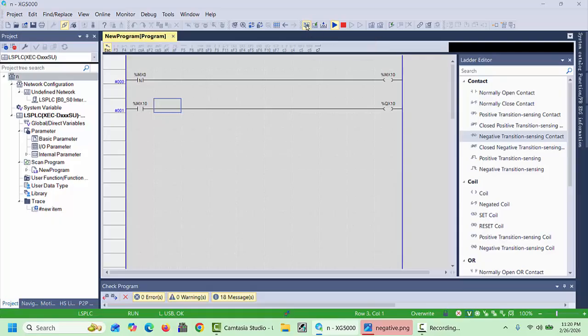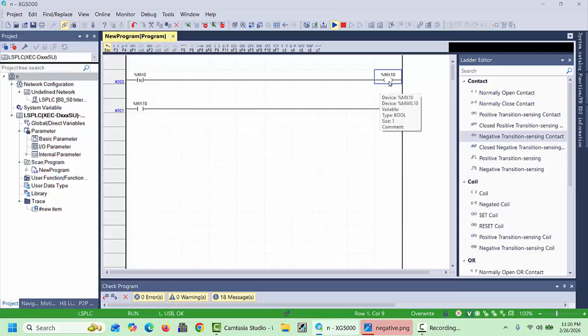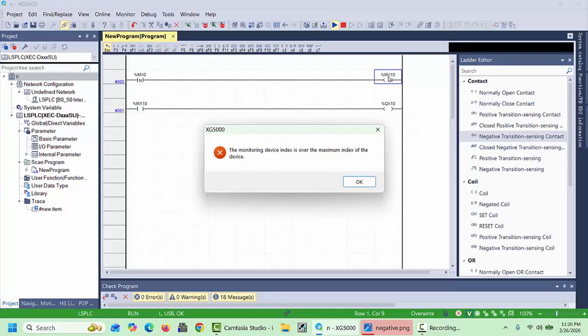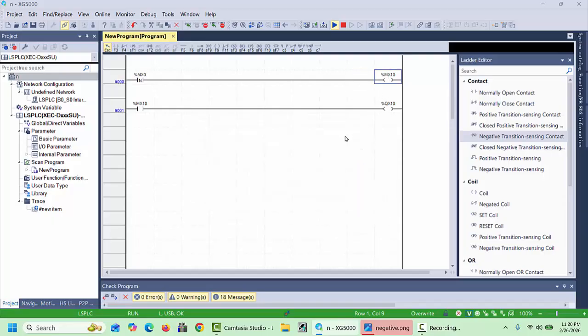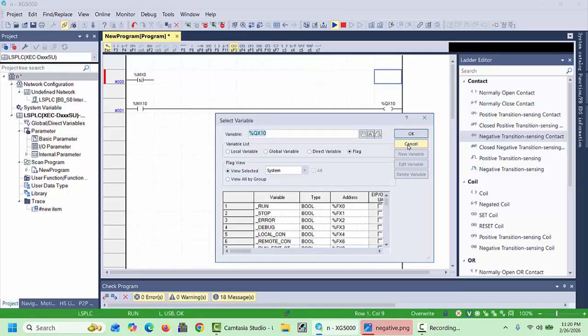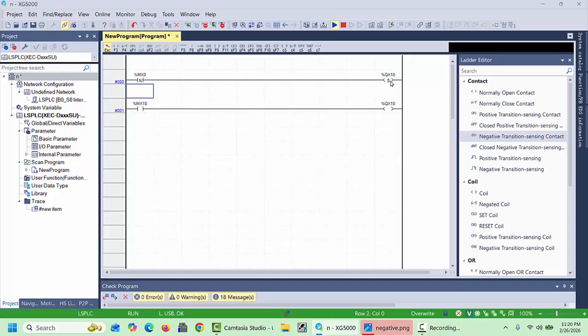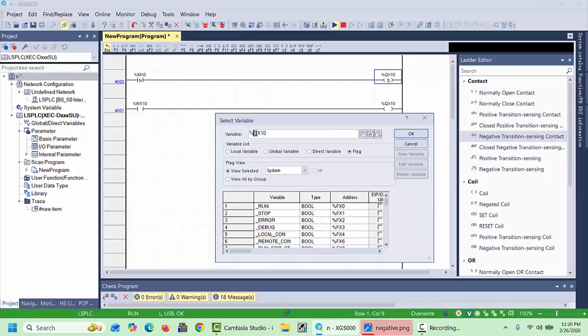Just once again we will stop the PLC and modify this program. How can we modify it? We will delete this MX10, and we will use the set function. Here, the same number, QX10 MX10, we will change the number. This is the last number showing. We will choose